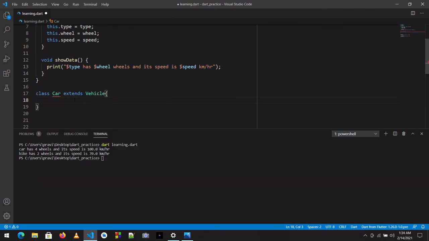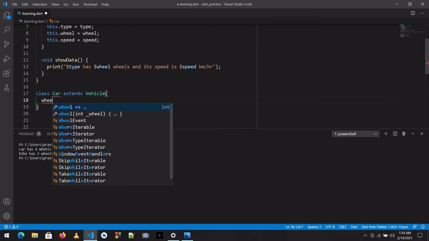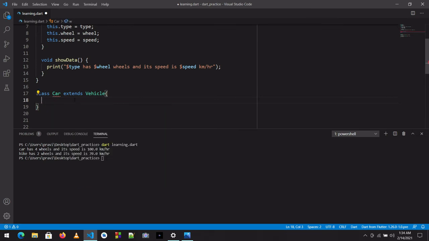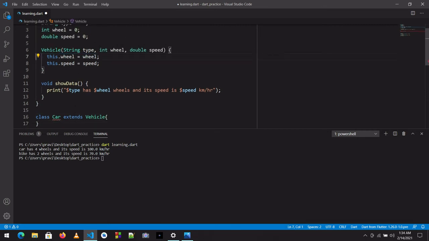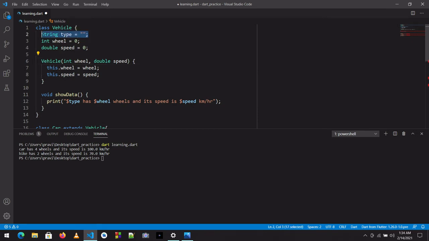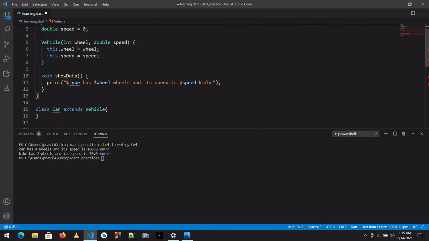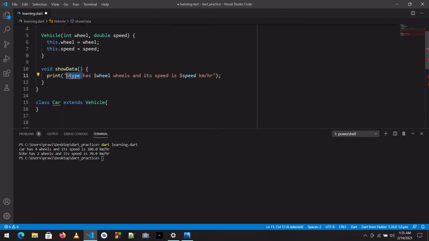And it can also use some different attributes of its own. For example, the car has some brand name. For now, we will remove type here, because we are now creating individual classes for each particular vehicle, so we don't have to mention type here again.